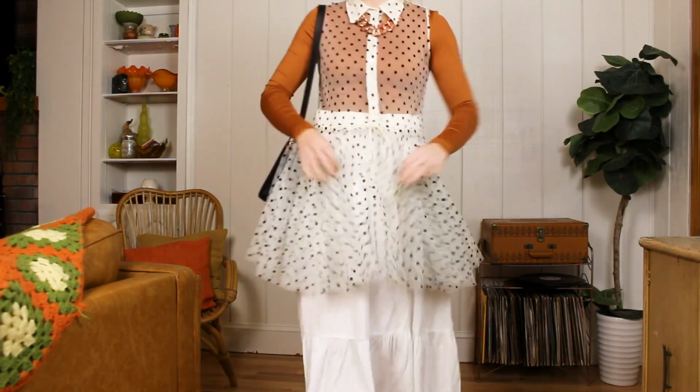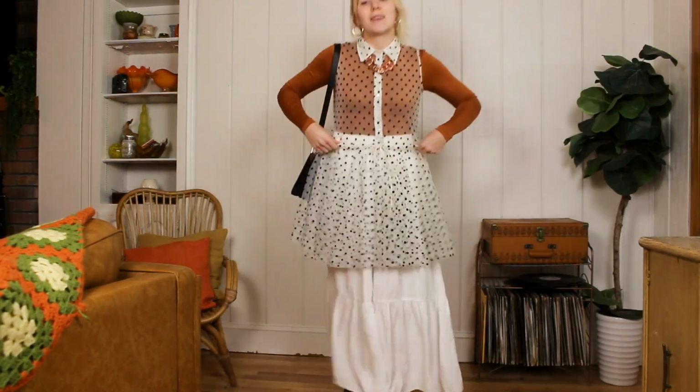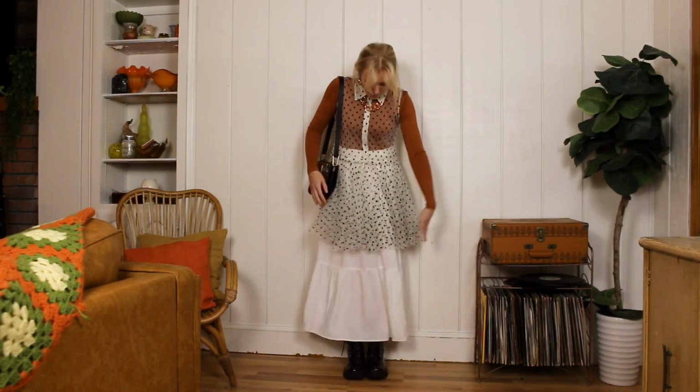And so I went with this amazing sheer little dress that I have. I wore this all summer long and I love finding ways to wear it in the fall too. So I think this is such a fun way to do it. It can tighten at the waist, but I also just left it loose because I kind of liked how flowy it was over the top of this skirt, but then I wanted to do it a little more rock and